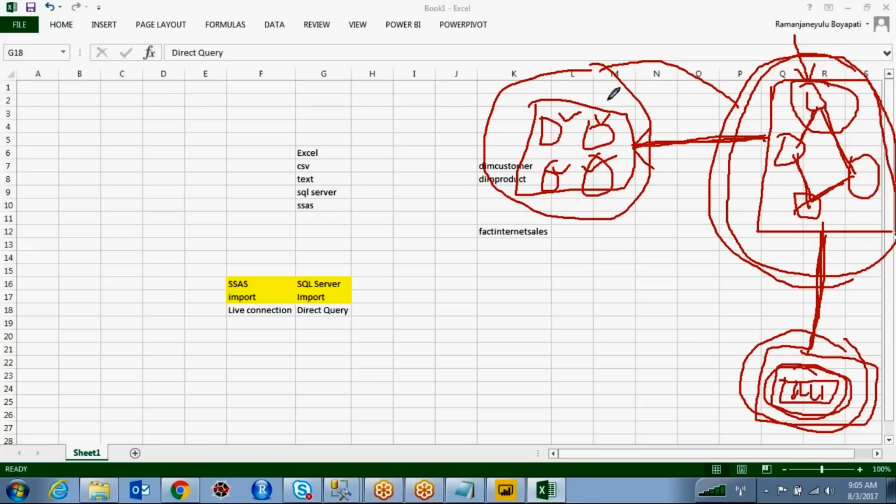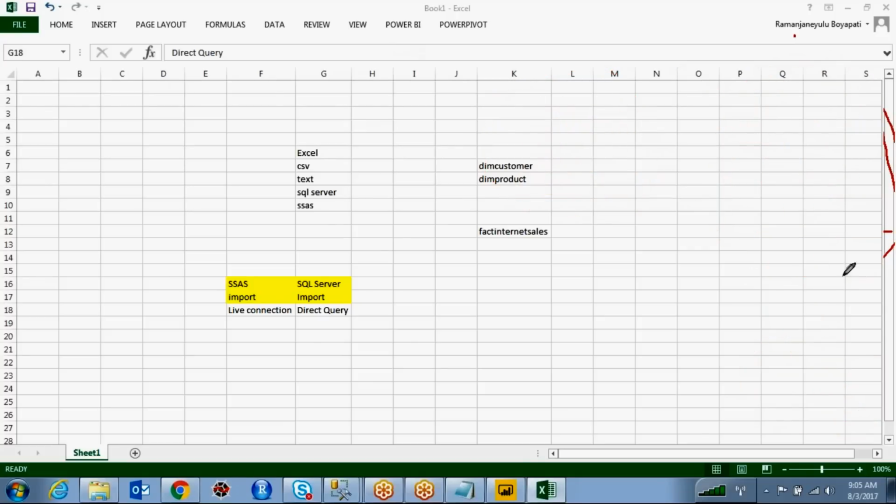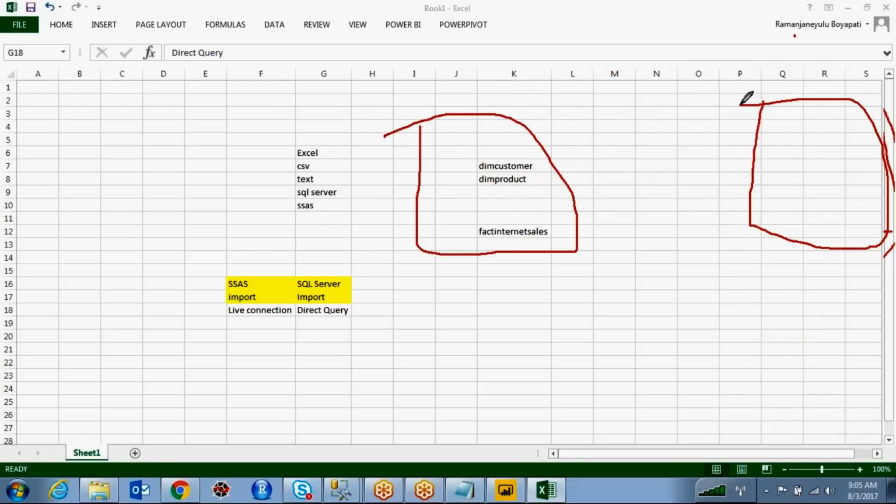Relationships means joins: what are the common columns, what are the joining mapping columns. We are going to join those columns. Also, I'm going to create some calculated columns over there and define some measures.